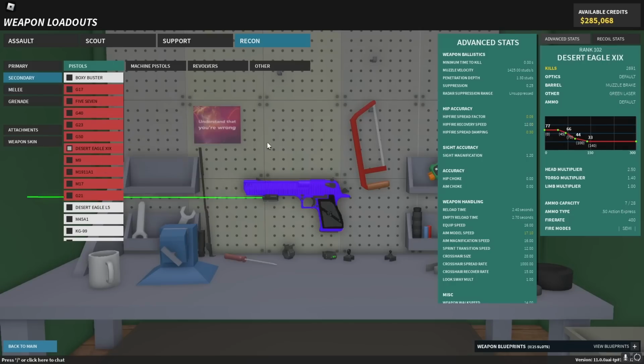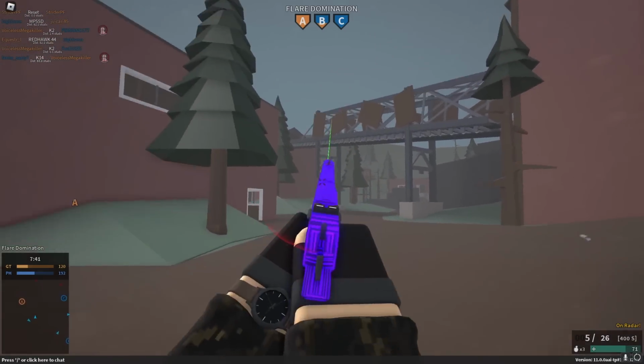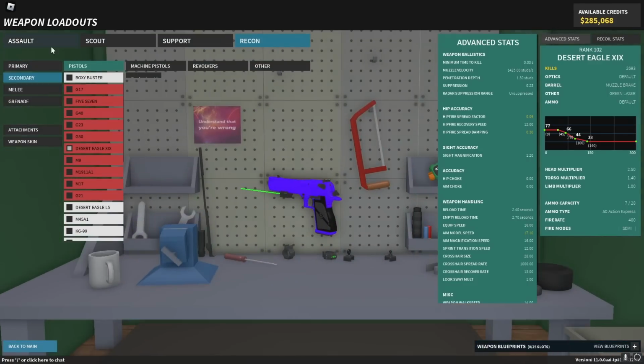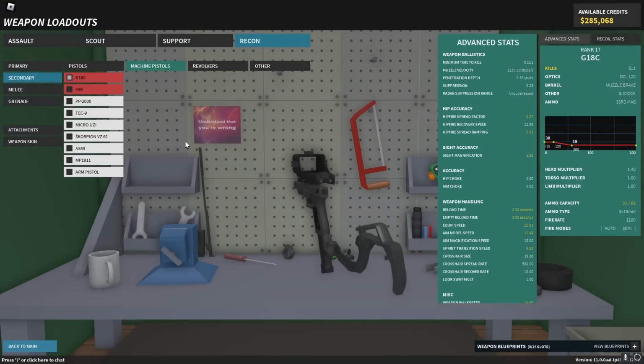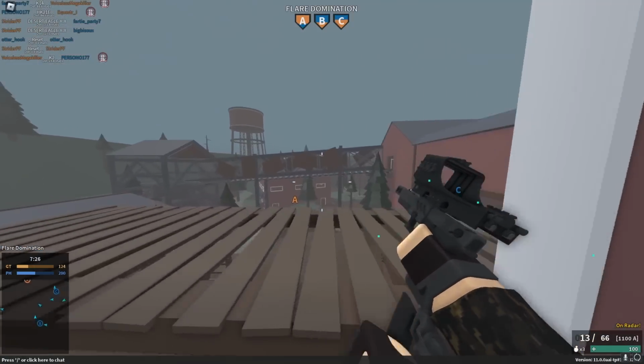The XIX now has a slightly lower muzzle velocity. It's 1425 instead of 1500. Not that big of a deal. Oh, I still dinked him. Yeah, you can still kill people from range. The G18C now has a faster reload time if you run the extended magazine. However, it has a little bit overall higher...